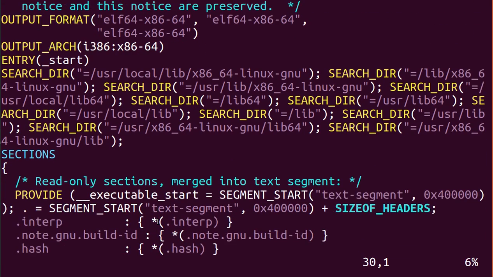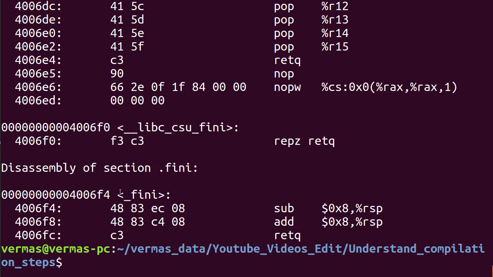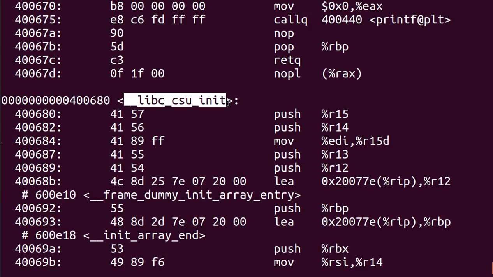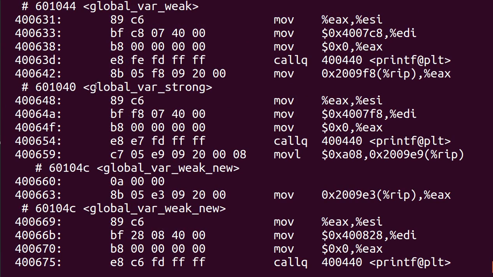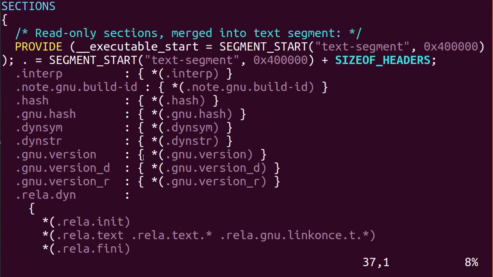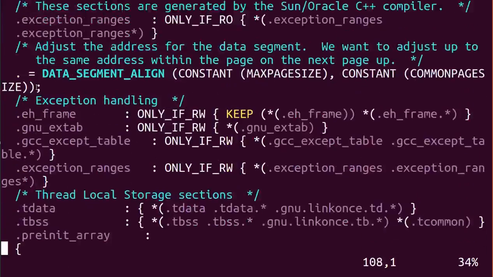Whatever sections you can see now, all of these will be generated with the help of the linker script. Now I have opened the linker script here. You can see we have the sections option here, and in the sections we can specify whatever sections we want in our final executable file.